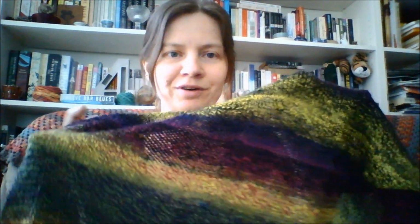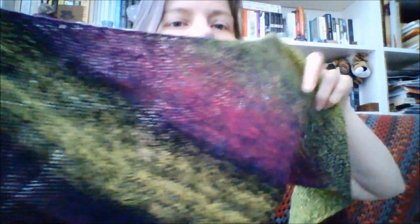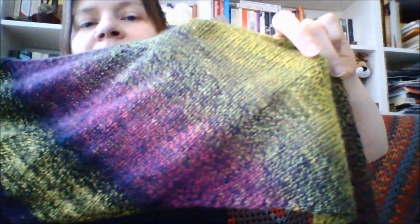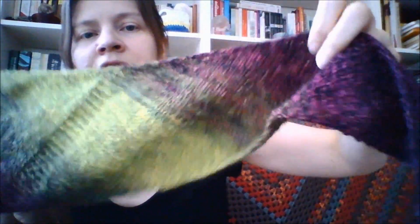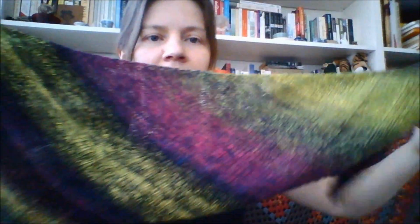The patterning of my shawl design hasn't come through very well, so I'll see if I can show you. There you go. Okay, so if you look from the bottom up, there's some patterning going on. So they're diagonal stripes going across. Part of the reason why they're not showing up so well on this shawl is that I think